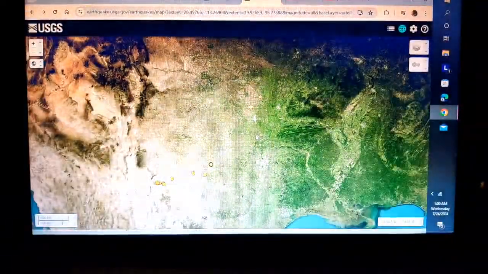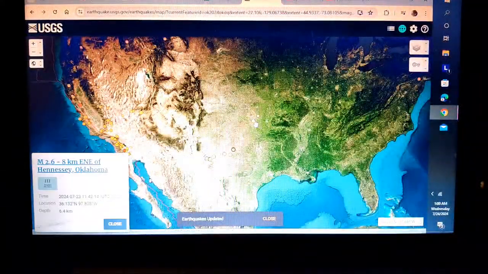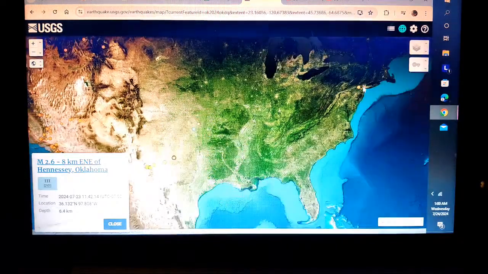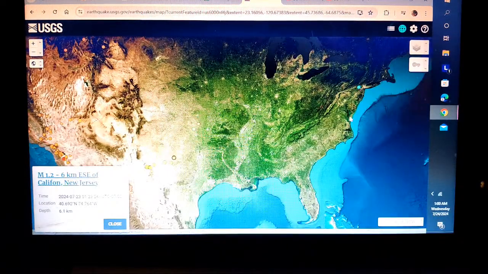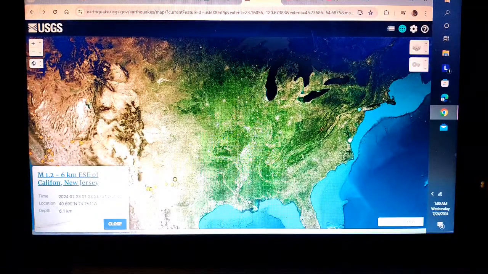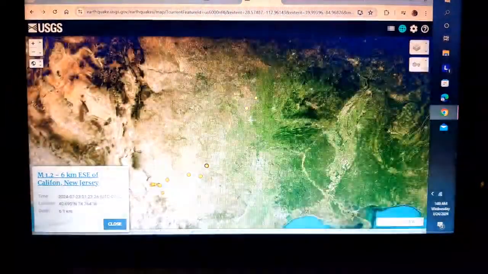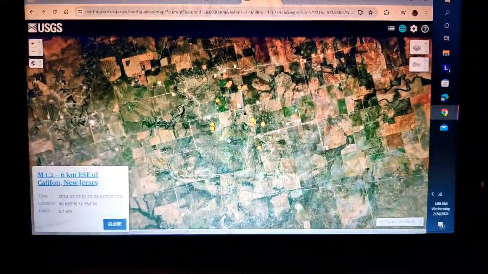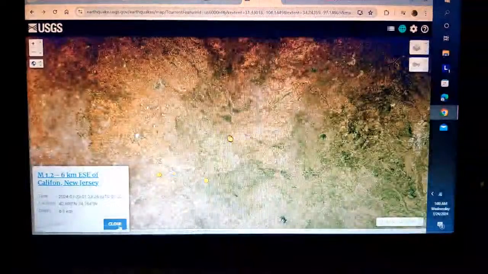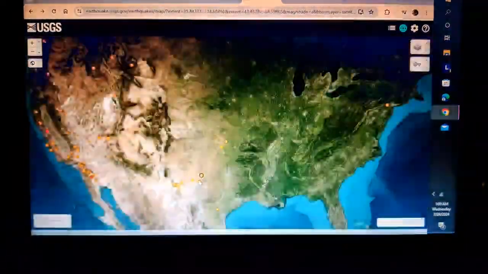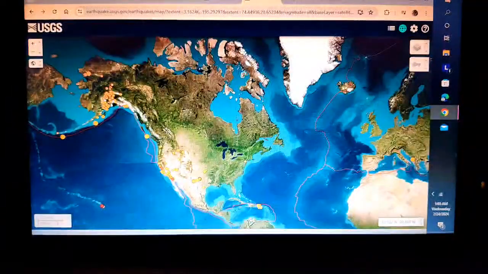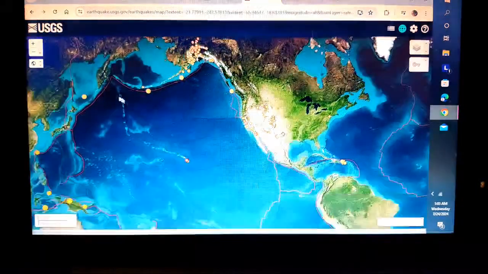Okay, meanwhile, up here, well, this is up in Oklahoma a little bit. Yeah, it's not on the New Madrid. Nothing on the New Madrid, but up here a little bit. We had a little activity up in Jersey. Let me just take one more peek at this spot. All right, there's your quake report and Godzilla report too.